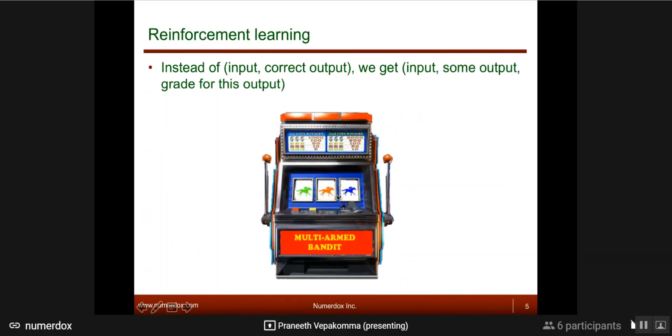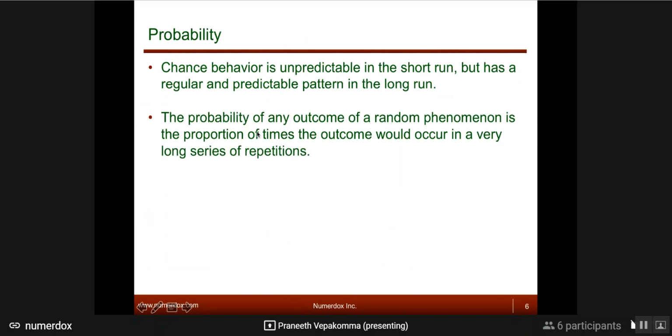Reinforcement learning, this is a cartoonish example, right? It is like a casino, a kind of slot machine. But say if it was a very intelligent machine, you need to make a decision on whether you put money on this cartoon or this cartoon or this cartoon, right? Based on how much money you put and what reward you're getting, you can keep changing your decision in order to maximize your reward. Never try this in a casino because the odds are very stacked against you. It's very uniformly random.